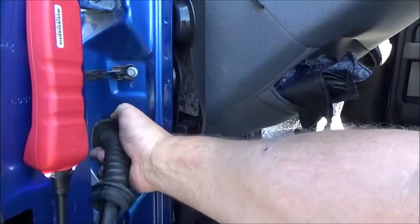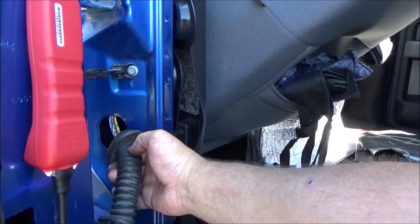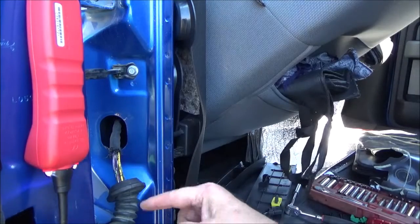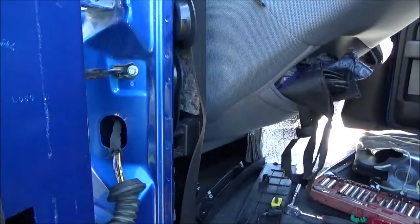So let's go ahead and remove this rubber boot between the pillar and the door, excuse me, and what you want to do, you just want to look for some chafed wires or possibly broken wires. But I kind of jumped ahead here, but I want to show you